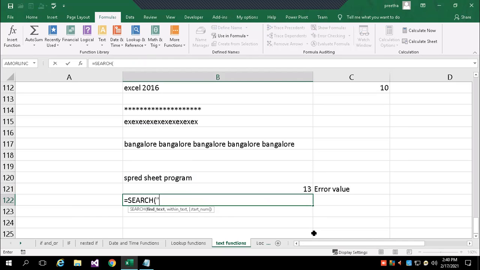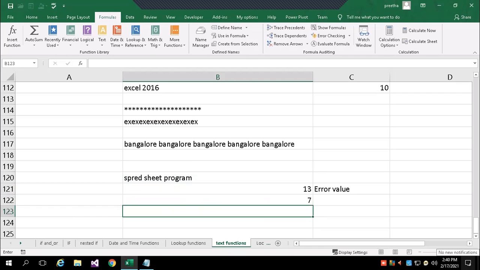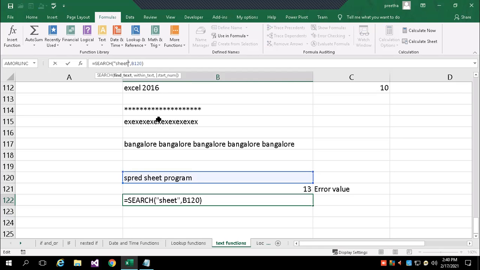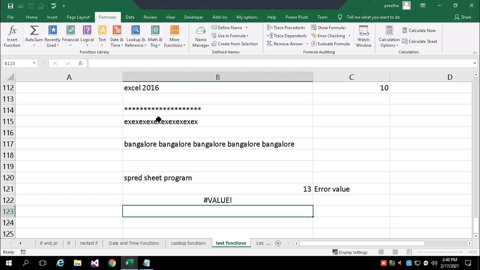What do you want to find? Same, I'll say sheet. Then within this text. Now this also will return the position, but the difference is if you give a text which is not there, I'll give some other text, access. We know that in this there is no word called access, so this also returns error.